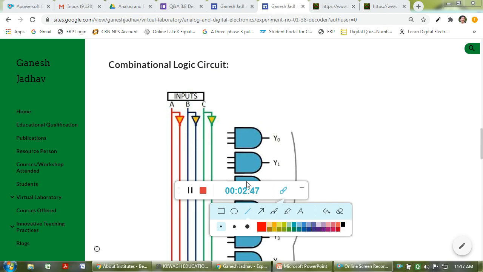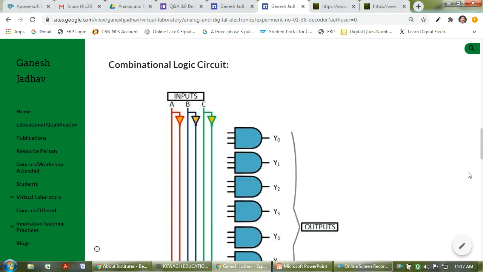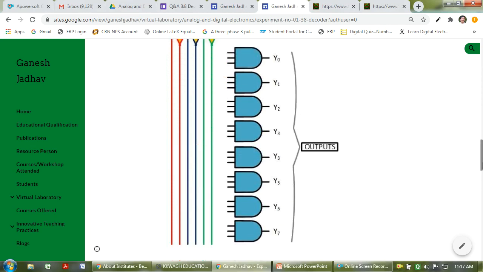I can take this from here to here. This can be connected here and this can be connected here. Likewise, you have to complete the total diagram related to the 3-to-8 decoder.